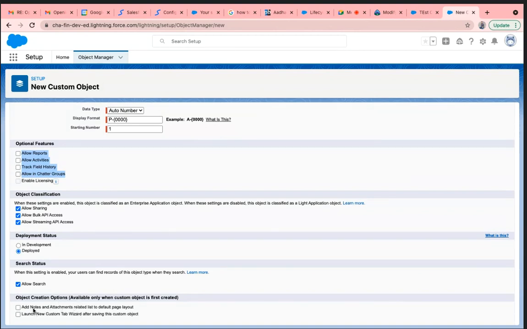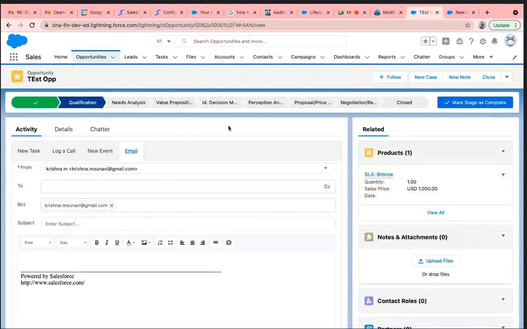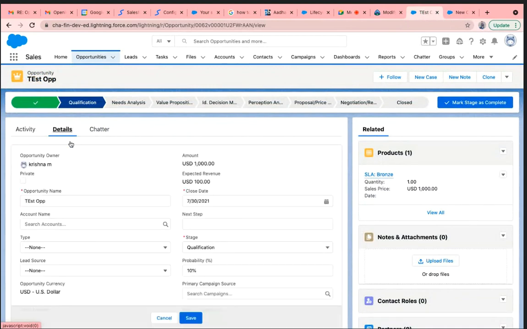It means if you want to add notes and attachments as a related list for this object, you need to enable this. Otherwise you can't see it. Related list means objects which are contained as children, related to the opportunity. Opportunity can contain products and also notes and attachments.